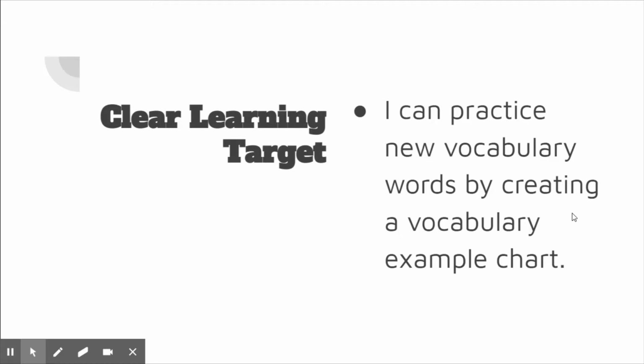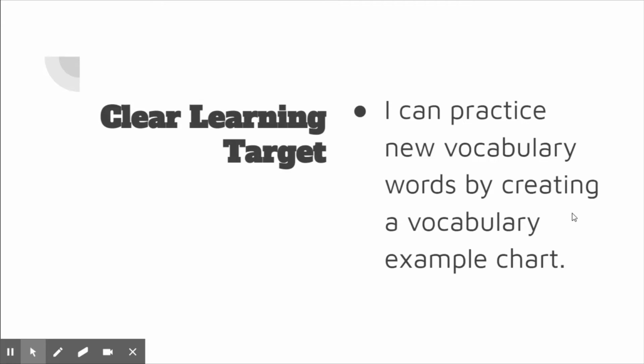Okay? So how about we read this together? Ready, set, let's do it. I can practice new vocabulary words by creating a vocabulary example chart. And once again, I just want to remind you that this is aligned to our Edge Fundamentals curriculum, Unit 4,